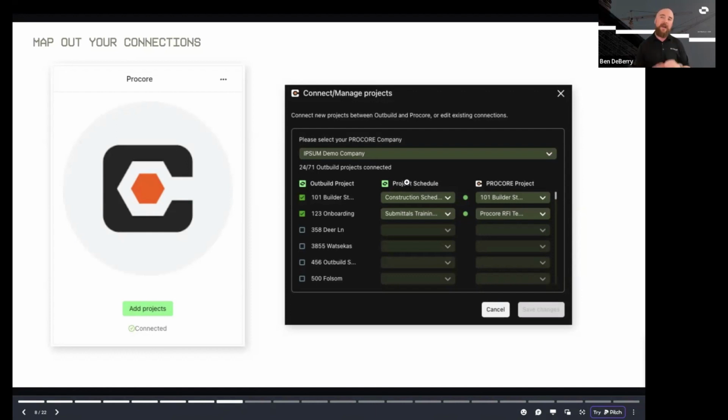So not everybody sees this screen too often, but I want to be sure that everybody's aware of how this works on the back end. And if you need access to this area, you want to be managing your connections, you can talk directly to us. We'll work with you to get that additional permissions. So just be aware you've got that available.